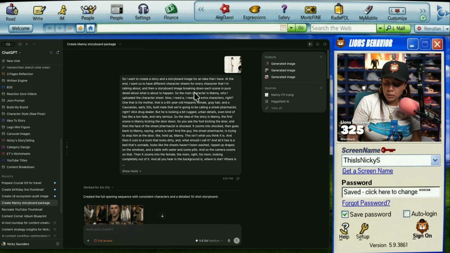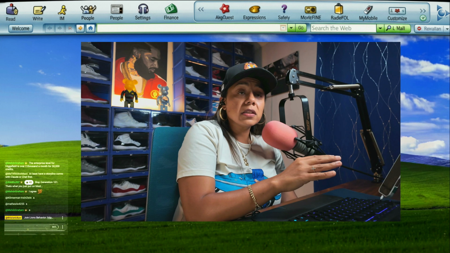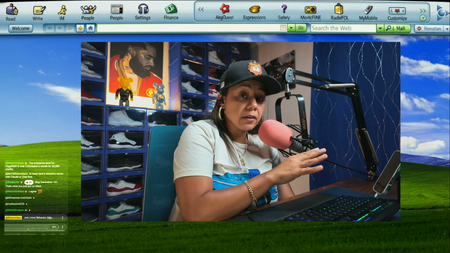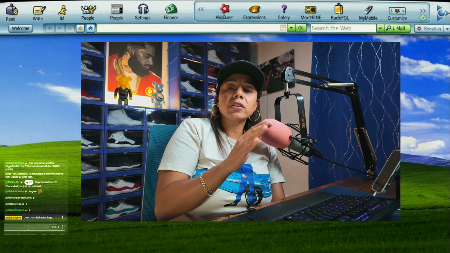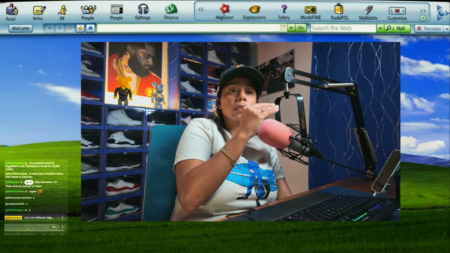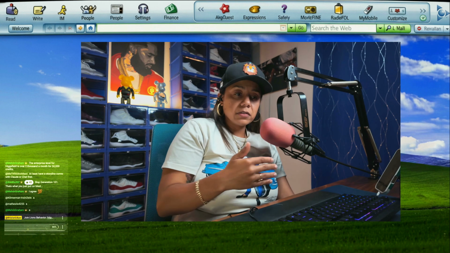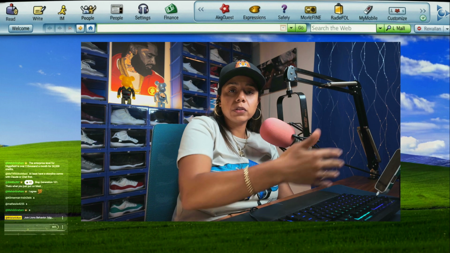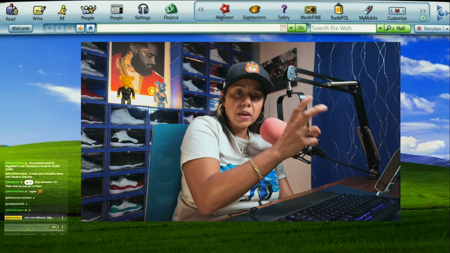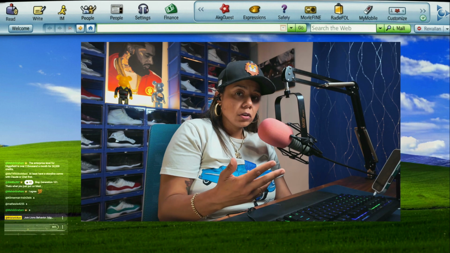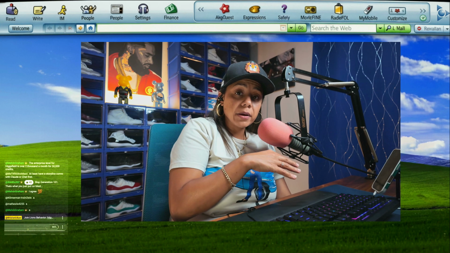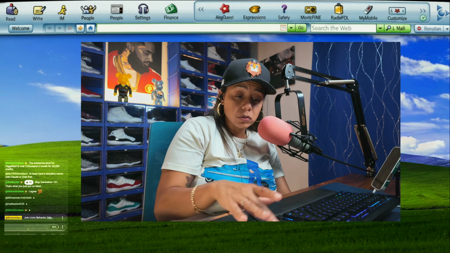Now, I will suggest you do this inside of ChatGPT first or Gemini, whatever is going to allow you to do images for free. Because if you start using Higgsfield to do the images inside of these chatbots, it's going to cost you credits each time. So you might as well take advantage of those chatbots that allow you to do images first.